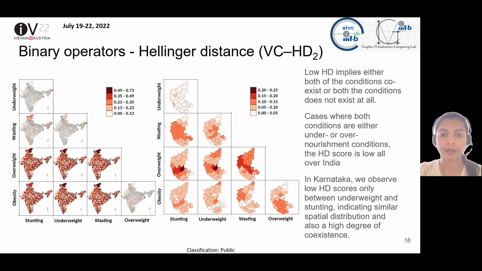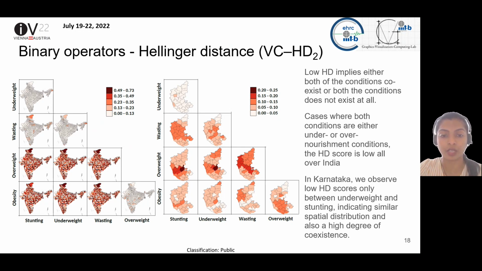We now look at the direct comparison of outcome variables using the binary operator. We then use a matrix layout of juxtaposed views to visualize all the outcome variables simultaneously. Low HD implies either two conditions coexist or two conditions do not exist at all. Thus, we see that for two conditions where both are either under or overnourishment conditions, the HD score is low all over India. We also see patterns of a single condition when HD is computed between an under and an